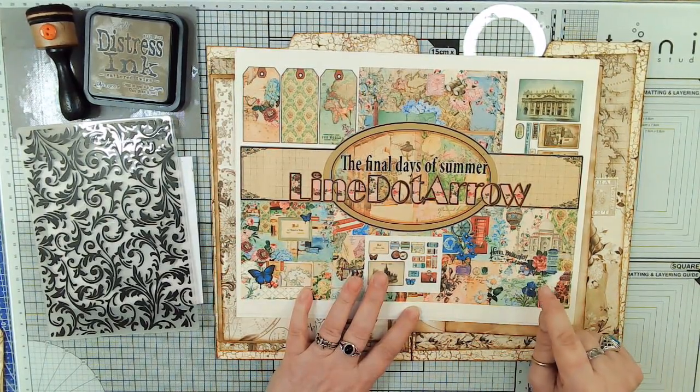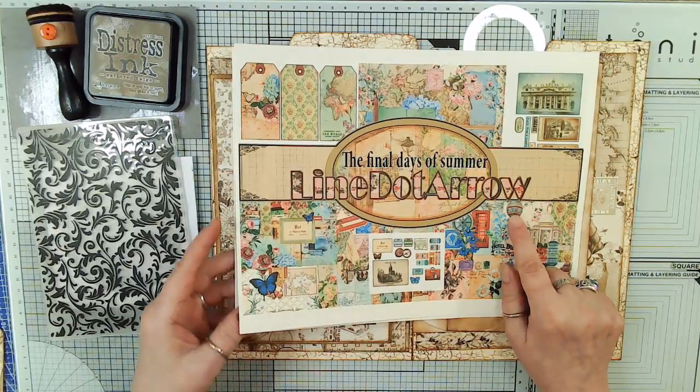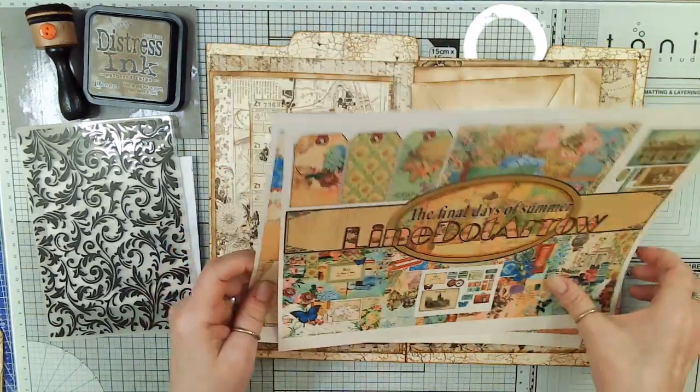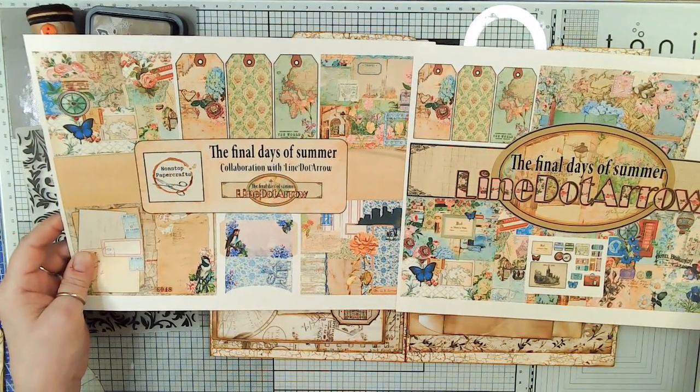This is a collaboration between LineDotArrow and Nonstop Papercrafts, and you can see that there's a little bit different images